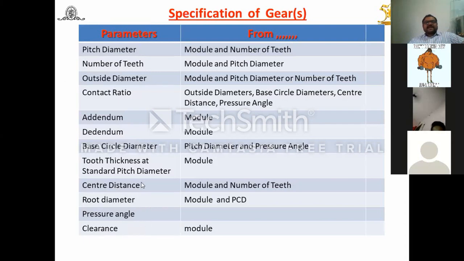Why are all these parameters required? By using these parameters, you can easily construct the front view as well as the top view of the gearbox, which is required to complete your production drawing or detailed drawing of the spur, helical, bevel, or worm and worm gear. Again, I have written here pitch diameter, which you will get once you calculate the module in the design of the gears. From module and number of teeth, you get the PCD. That means once you know the module, from that you will get the other parameters.